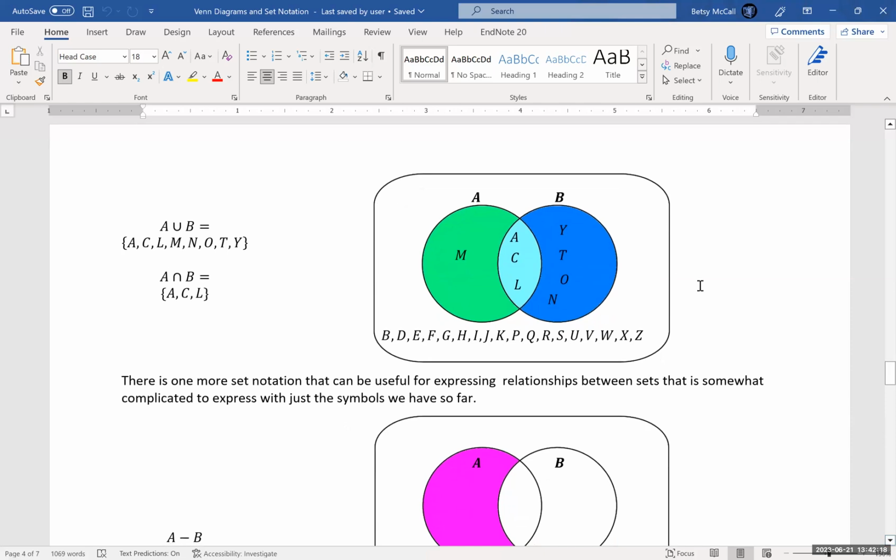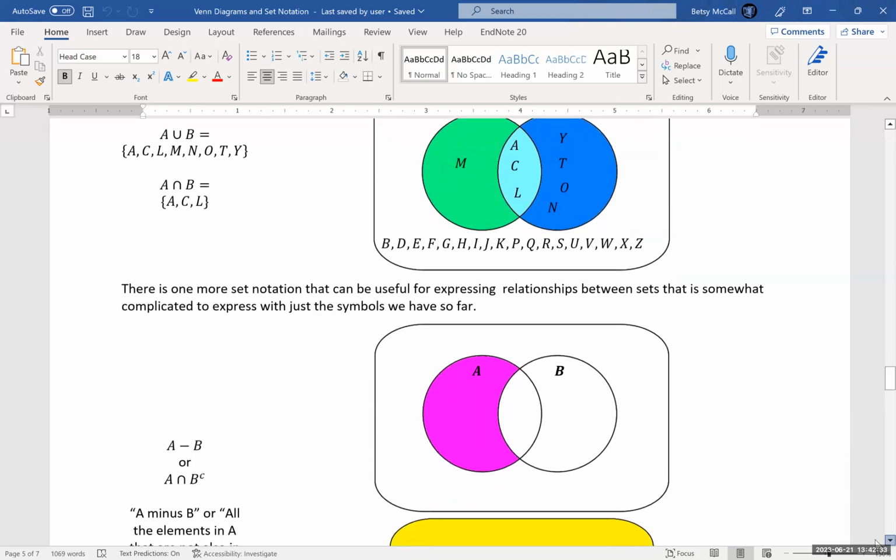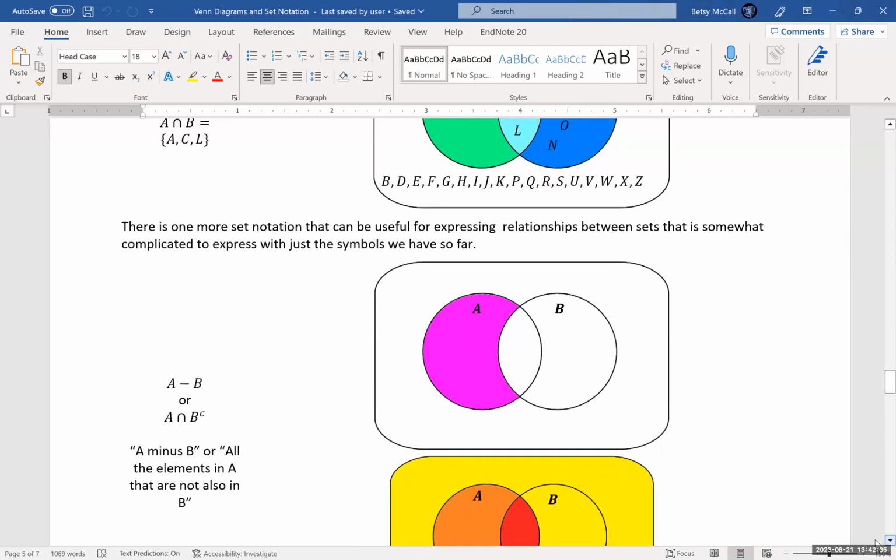And then I could also use this diagram to do things like the complement. What is the complement of set B, for instance? It would be all of these plus M, for instance, and so on and so forth. Now, there's one additional set notation that I'm going to mention here, which can be really useful, but it is